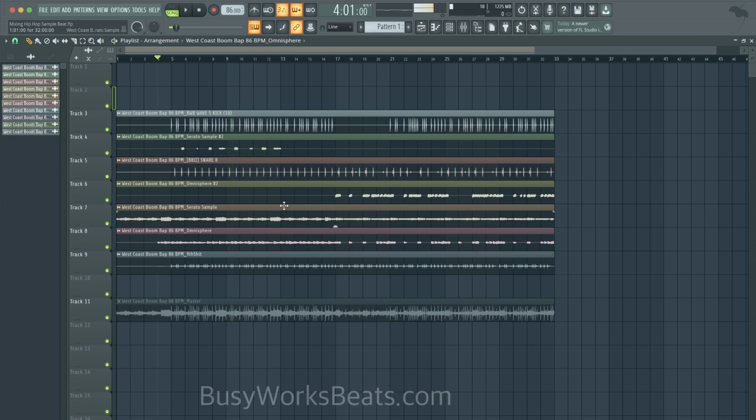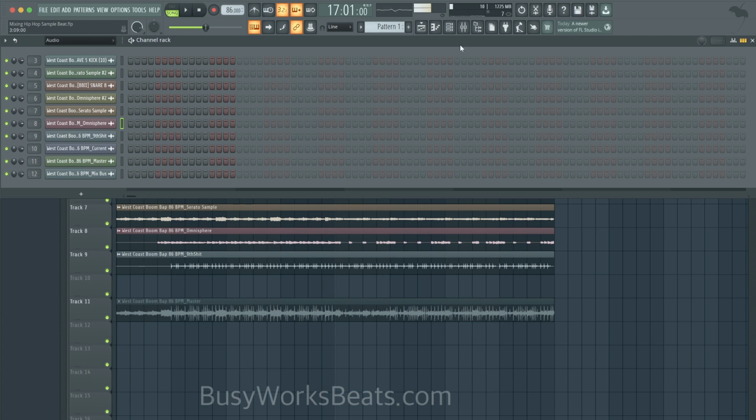So these two need to match. These are like part 1 and part 2 of the sample. Okay, so I think the levels are good. Okay, so now we have the levels right.